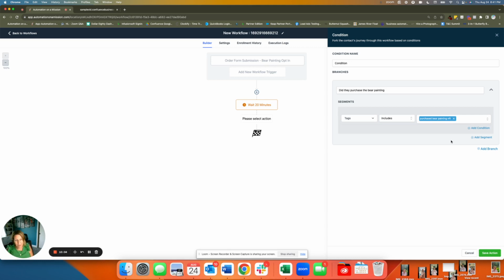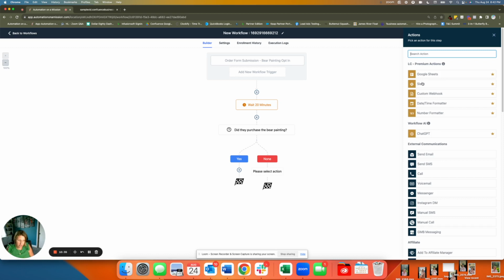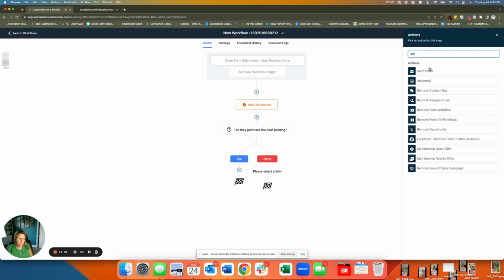So we're pretending, remember, that there's a workflow that fires when they make a purchase, and when that purchase is made, a tag is applied. So what we're saying here is, did they purchase the bear painting? And this actually goes up here. And in this case, yes. Yes, they made a purchase, and therefore the tag is applied. So if the tag is applied, the sequence ends. They go to the finish line and nothing occurs. If the tag is not applied after 20 minutes, then maybe I want to send an email to the person,